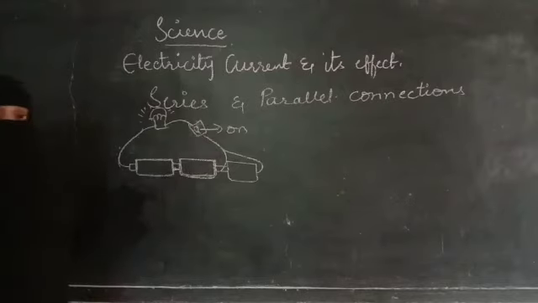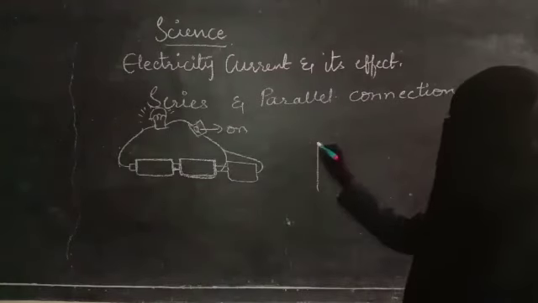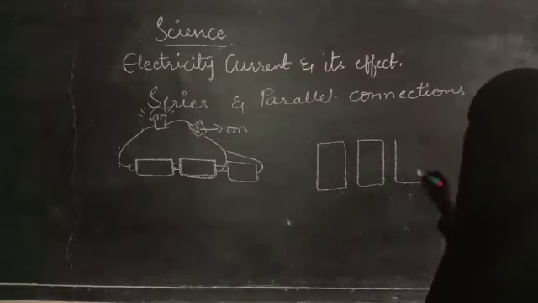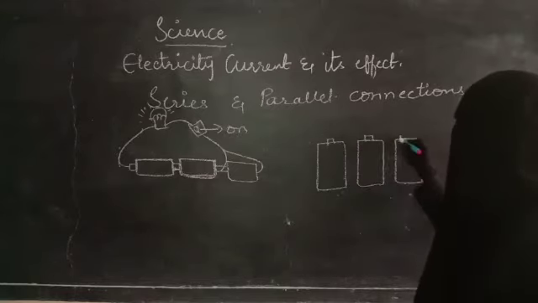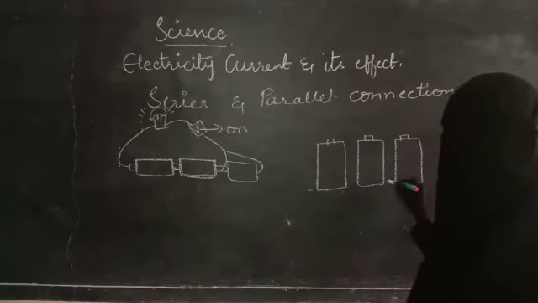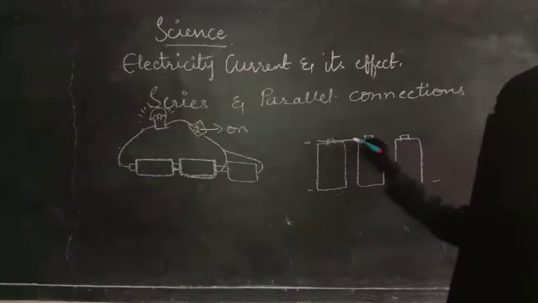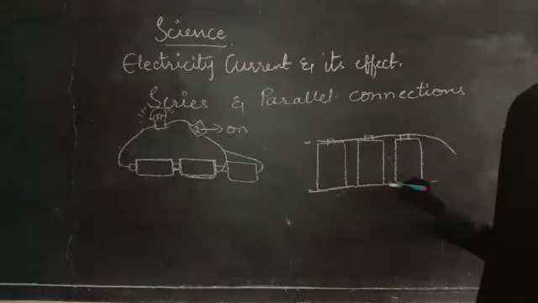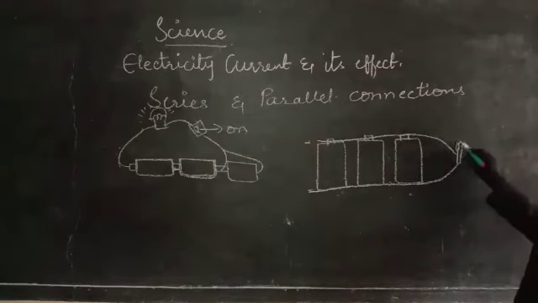This is how series connection will be. But in the parallel connection, all the positive terminals are connected at one side and the negative terminals are connected at one side. See, these are the batteries or dry cells which I am taking here. This is the positive terminal of 3 cells. This is the negative terminal. So in this case, all the positive terminals are connected at one side with one wire. All the negative terminals are connected with another wire. So here the bulb will be attached.